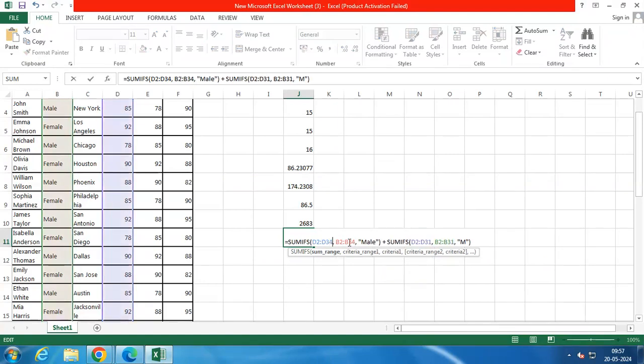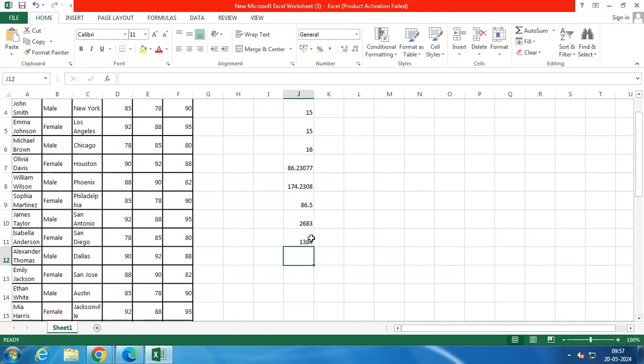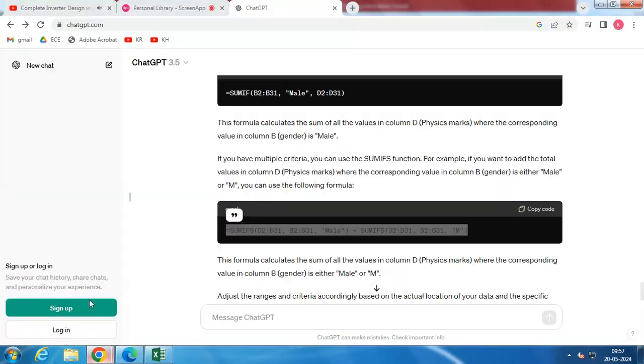So now when I enter this formula, it will calculate the total marks of male students in physics. So we can see that the total marks of male students in physics are 1384. So when we do 1384 divided by 16, we can again use ChatGPT here. So I will write a prompt, write a formula